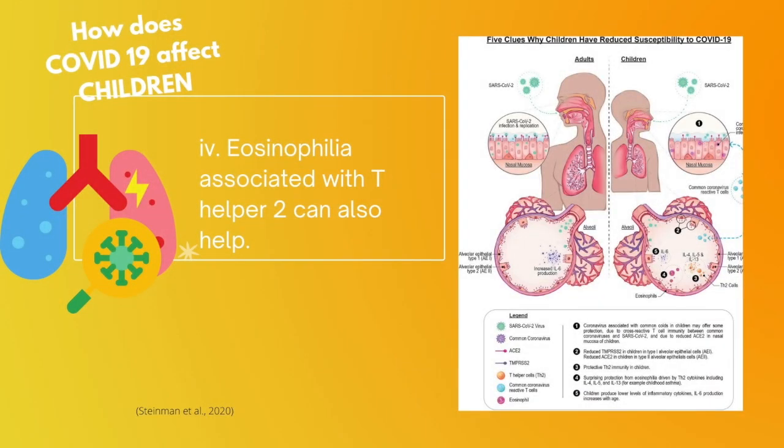Number 4 is that the eosinophilia associated with T helper 2 can also help. The T helper 2 cytokines increase a cell type called eosinophils in the blood and tissues, and that eosinophilia is like a hallmark of this T helper 2 inflammation in the airways, specifically seen in children with asthma. So at least for now, what they found is that the T helper 2 inflammation may predispose children to experience better COVID-19 outcomes through a decrease in airway level of the ACE2,